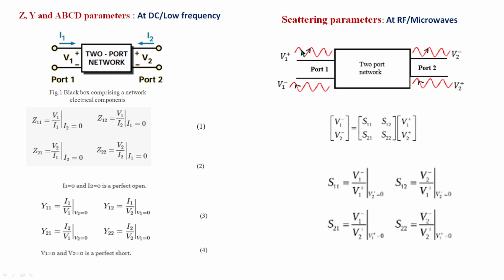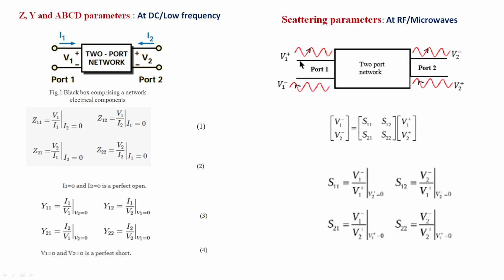Traveling waves are considered like this. We are sending a wave to the network, and a part of the wave may be reflected, as you already studied. The incident wave will be traveling like this towards the network. This is a network here, we are sending the wave, this is a microwave signal traveling, incident over the two-port network. It is an input wave. Once it is incident here, this incident wave may be fully delivered, or part of it may get reflected based on the impedance condition here.